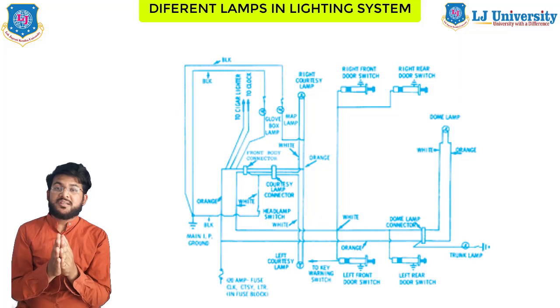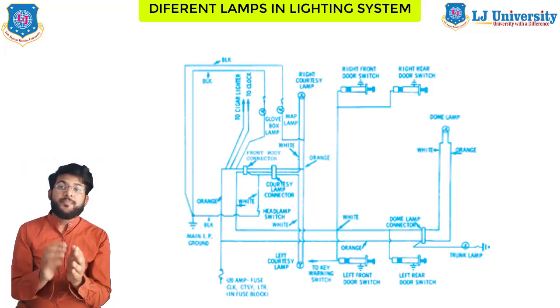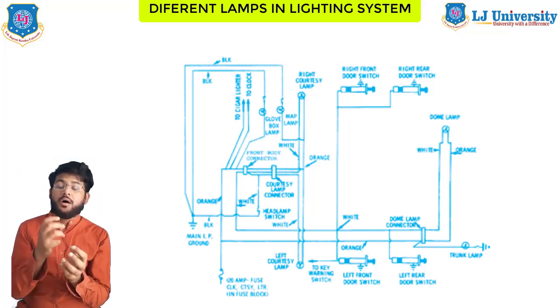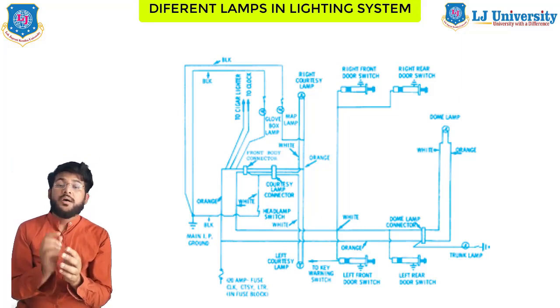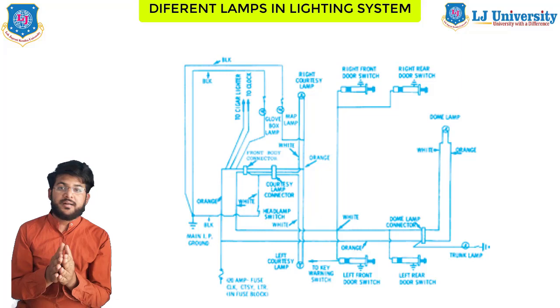Which switches are used? The switches used in courtesy lamp circuits are push-pull type switches. Spring tension closes the contacts when the door is open. When a door is closed, it pushes the contacts apart to stop the current flow. When any one switch is closed, the circuit is completed and all the lamps will start lighting. So this was all about the interior lamps and courtesy lamps.